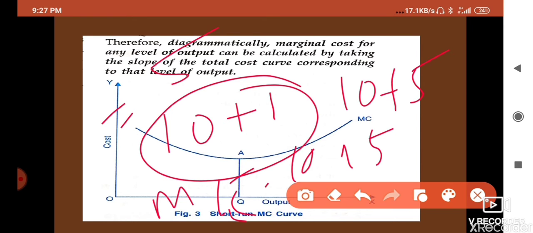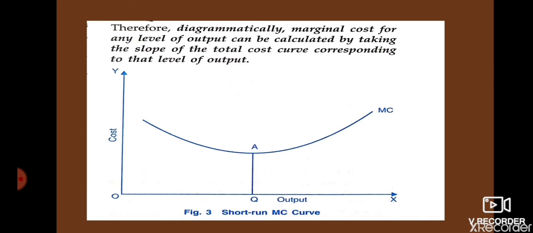I have told you that TVC is linked with the marginal cost. So the second concept is clear. Now I am going for the third concept, which is linked with this one. MC is U-shaped, as you are watching in that figure. Why is it U-shaped? The answer is the same as before, because of the law of variable proportion.